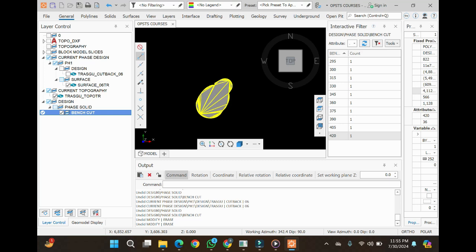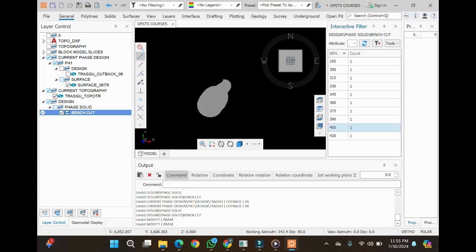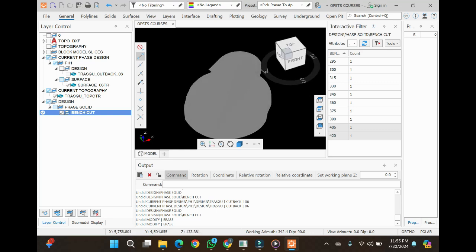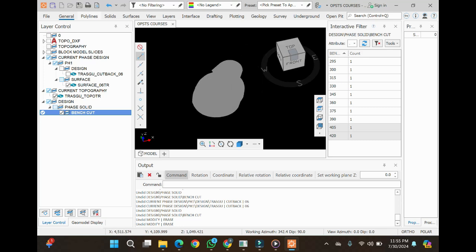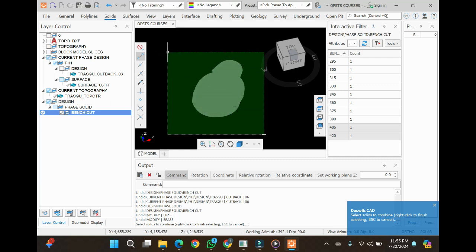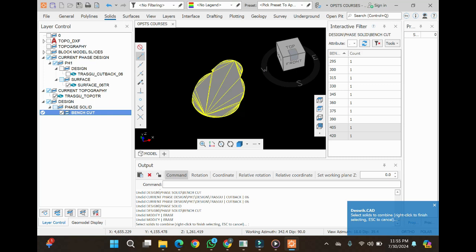So now I want to combine two benches, like 420 and 405. First click on 420 and press Control and then click on 405. Now I have these two benches. For combining these two benches, go to the solid and press combine. We got a message to select the object to be combined. I select the object,